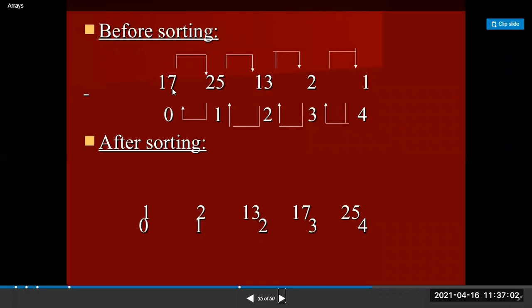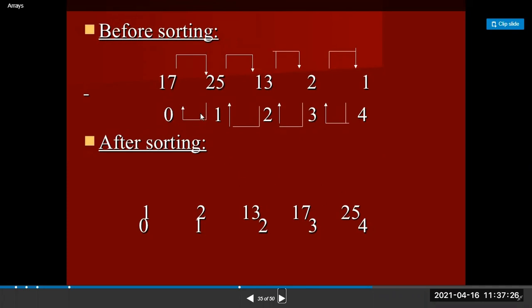The condition is false, then you have to swap the 25 with 17. Next 13 with 17. And also 2 is least, so we cannot swap here. So we stop here. Then again we come to the initial position, a of 0.